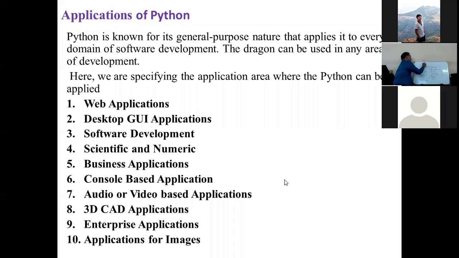The second application is the database. When you want to manage any type of very large database, you can write the database application in Python. The third one is web-based applications. Nowadays, all of you took admissions